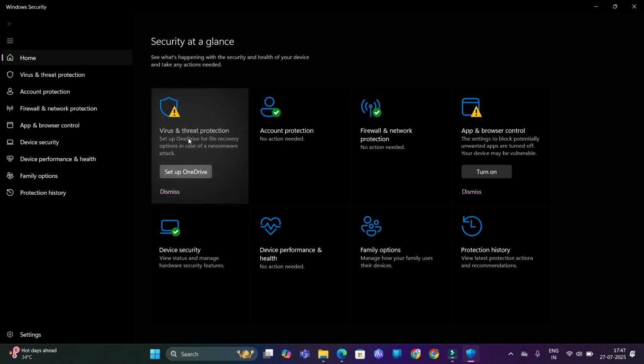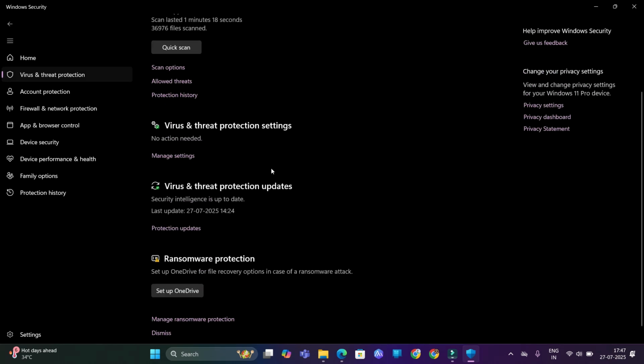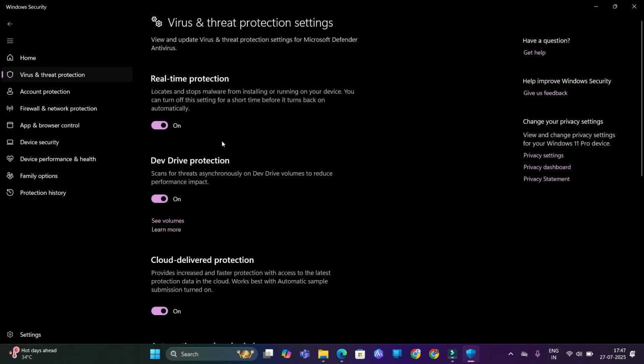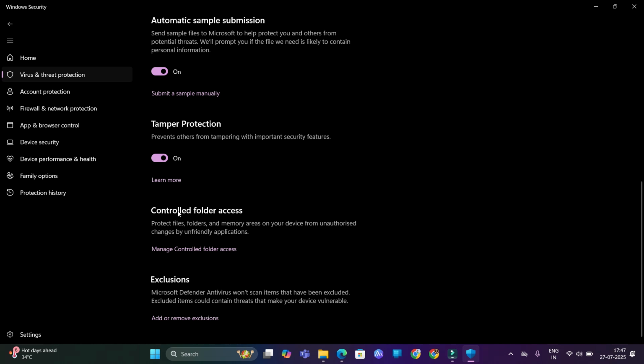Okay, and click on Virus and threat protection. When you click on Virus and threat protection, slide down a little bit and you can see Virus and threat protection settings. When you see Virus and threat protection settings, click on Manage settings. When you click on Manage settings, slide down a little bit, and slide down a little bit, and you can see Controlled folder